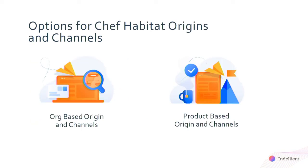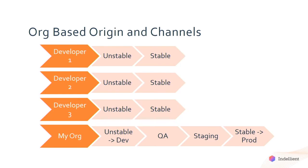So there's really two main strategies that we like to talk about. The first is organization-based origins, and the second is product-based origins. Starting with organization-based origins, on the far left side here in the dark orange, what you can see are origins: developer 1, developer 2, and 3. These are your traditional local dev kind of origins where